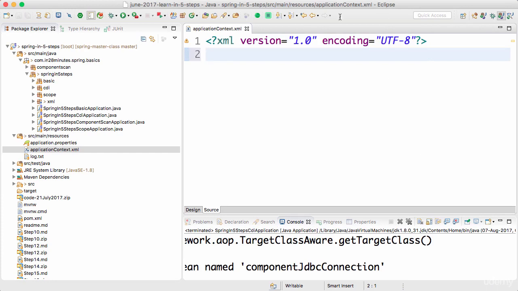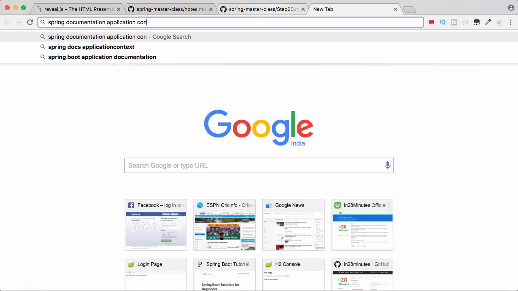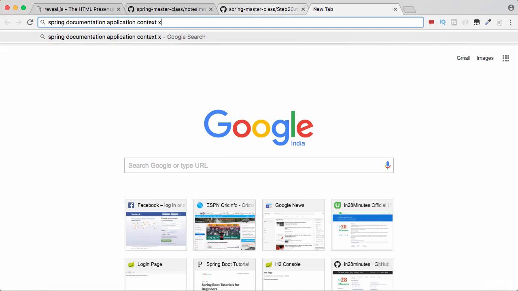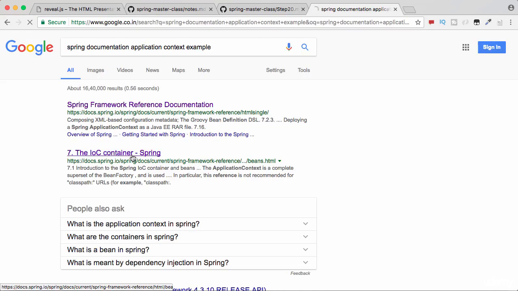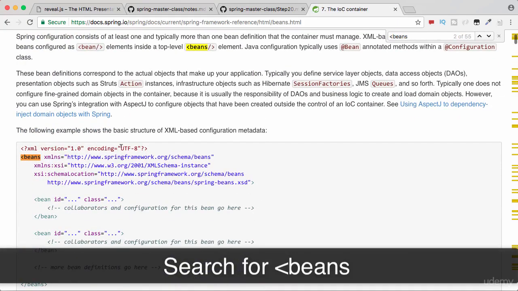One of the things is you need to specify the namespace, and specifying the namespaces is a little tricky thing. So what I'll do is go to the Spring documentation and get it. Spring documentation, application context example. Let's just search for it. I'd go to the IoC container section in here, and you'd find this in there. So I'll copy this stuff out.